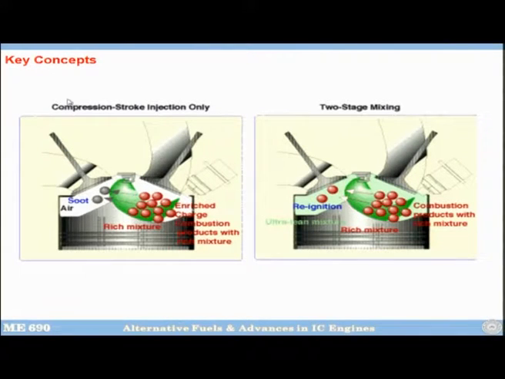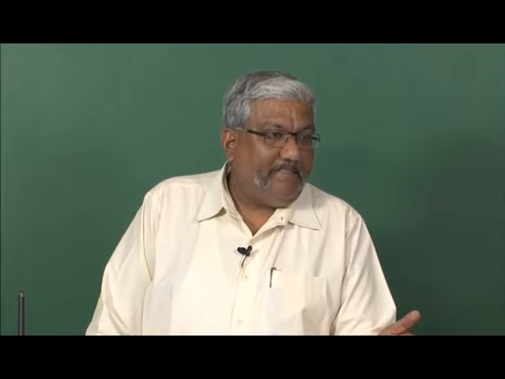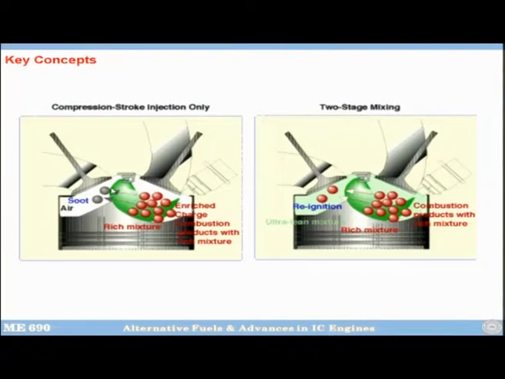This is the compression stroke injection. This happens at part load conditions, right. So, at part load, the fuel is being injected here, and at the rest of the places there will be just air. So, when this combustion happens, this is a fuel rich zone. Here the soot formation will take place because there is not enough air, it is just more fuel. So, what will happen? Soot formation will happen, and this soot will move to the other side because of the thermophoretic forces. And when it moves to air, it will just freeze.